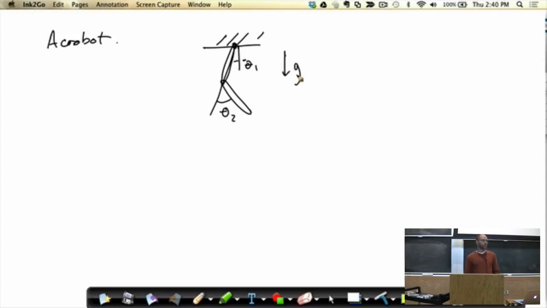What makes it special compared to a canonical robotic arm is that we're going to give it a torque down here, and we're going to leave off the motor at the base. Okay? So